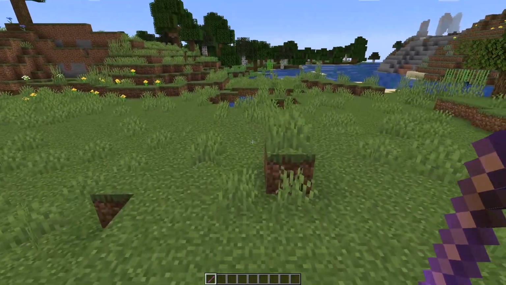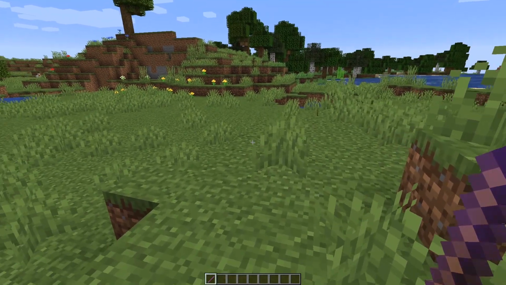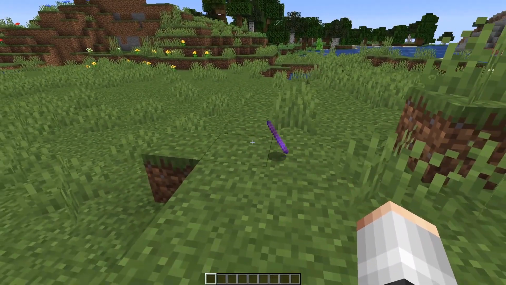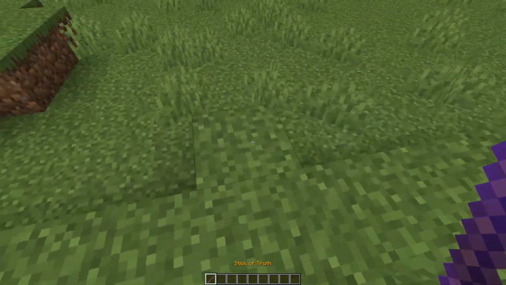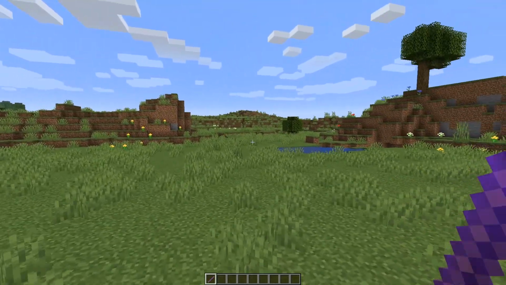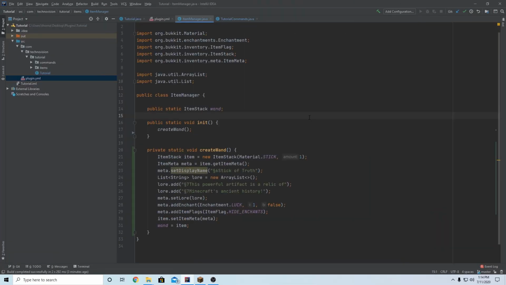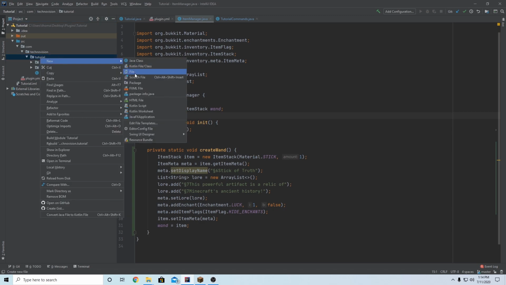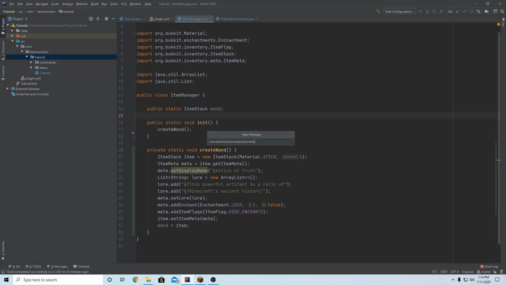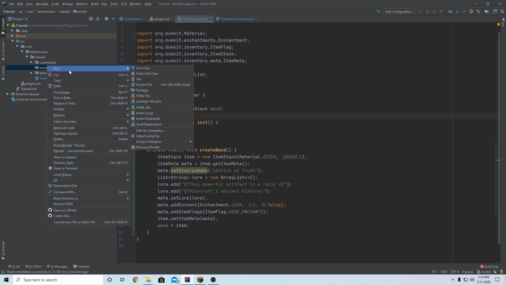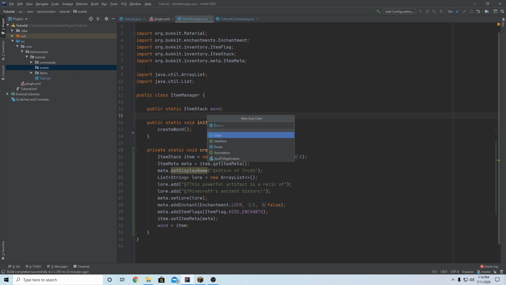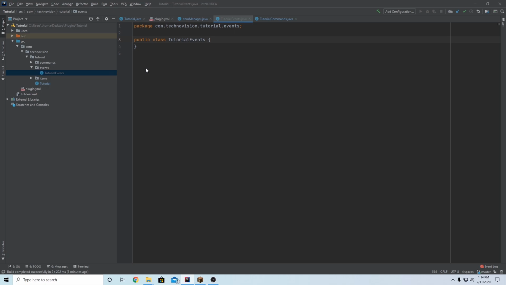But you'll notice that obviously this custom item doesn't do anything. It's just basically a stick and nothing else. So what we're gonna do now back in IntelliJ is add some custom effects or actions to these items. Okay, so to do this, we are gonna need an events class just like last time. So come up to your main package here, right click, new package. We're gonna name this events, and we can name this whatever we'd like, but I'm gonna name it TutorialEvents, a TutorialEvents class. And again, make sure this implements Listener,